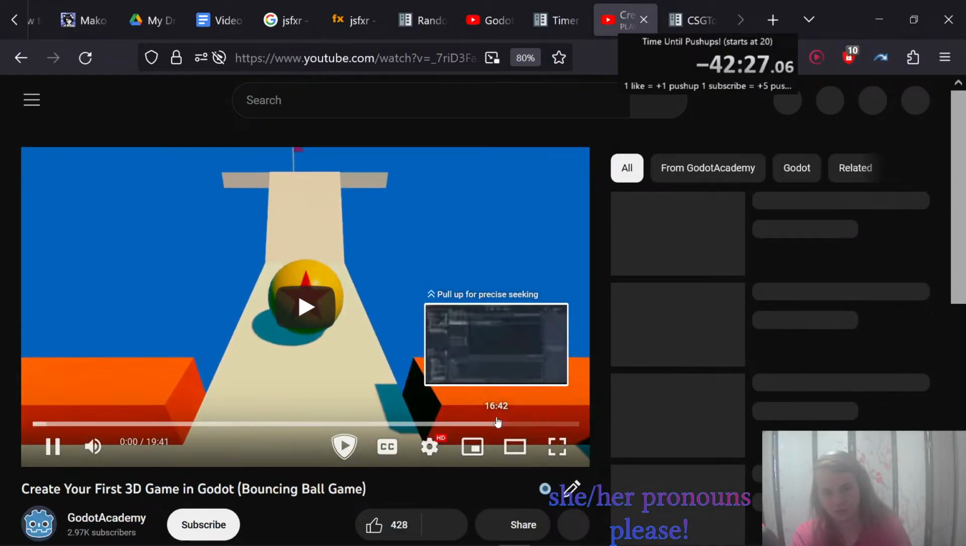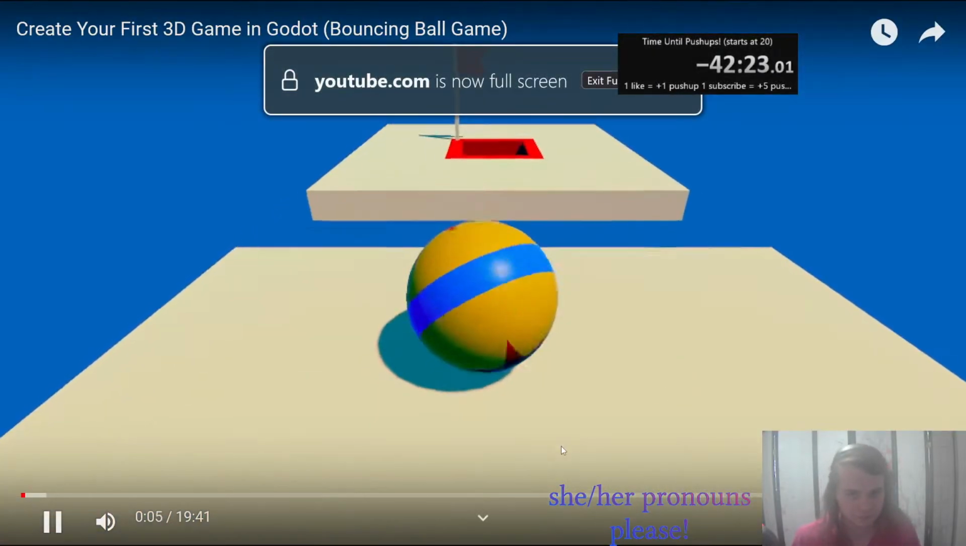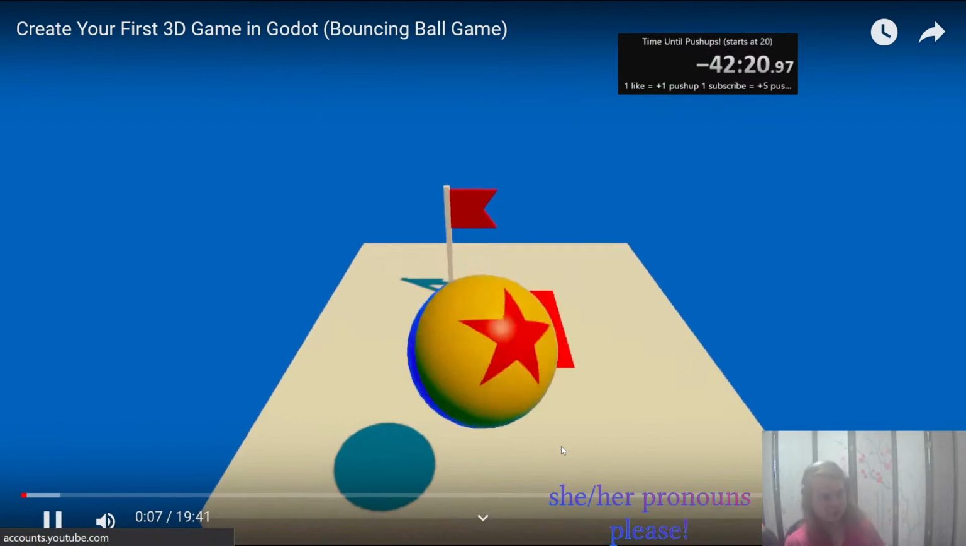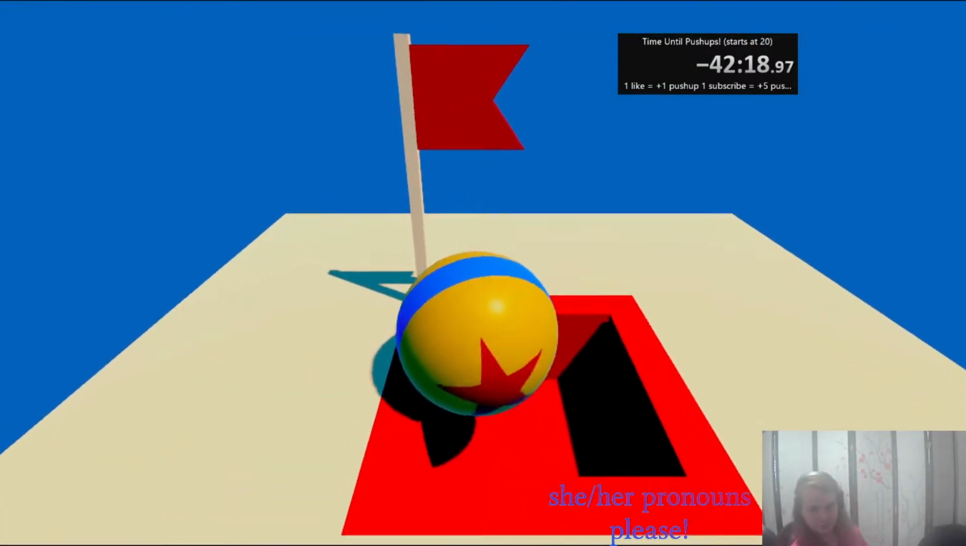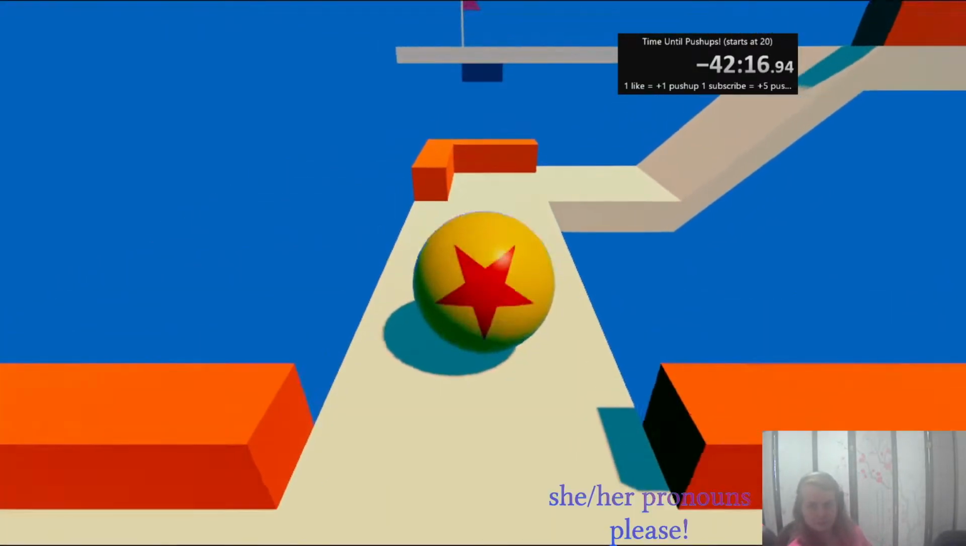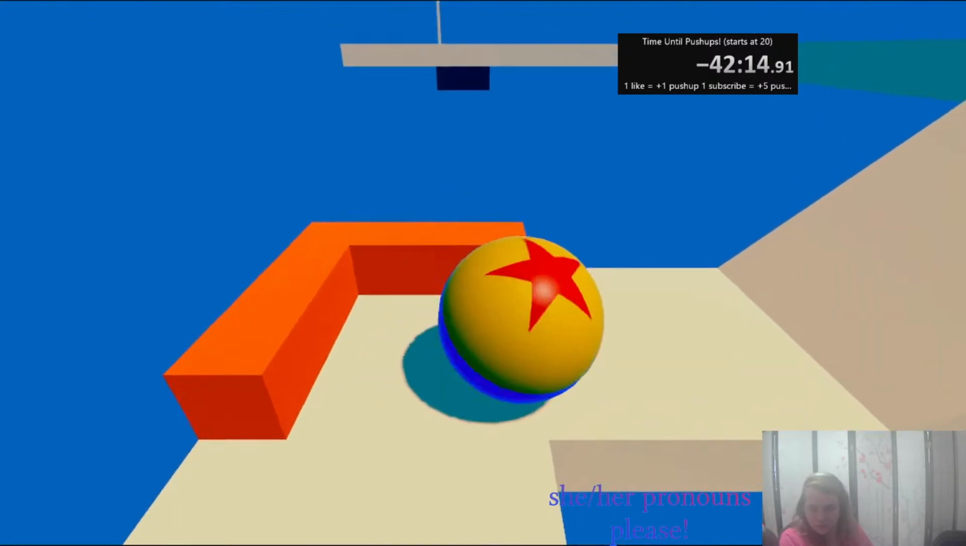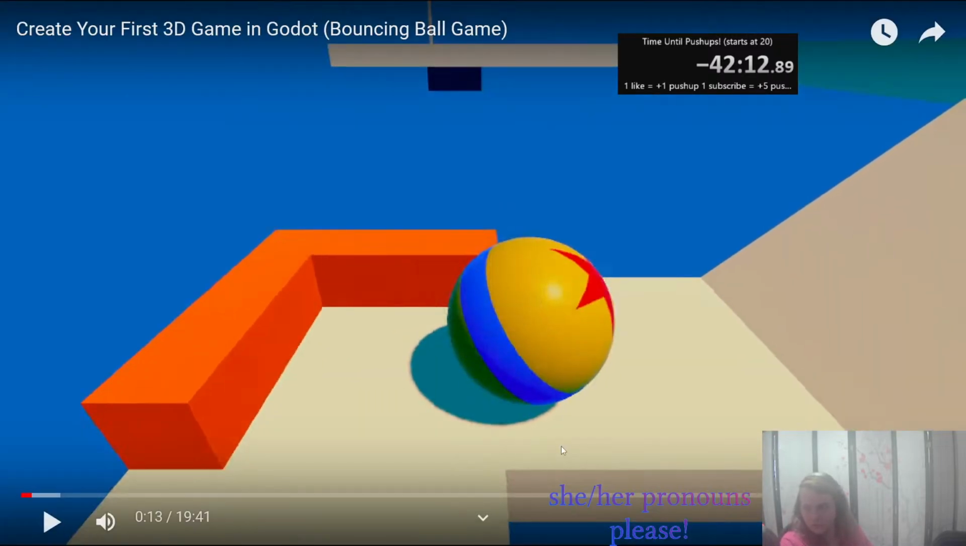Hi there! In this video, I will show you how to make a very simple and fun game in Godot. In this game, the player plays as a bouncing ball, and their goal is to reach the end of the level. If the ball falls off the level, the game restarts, and when